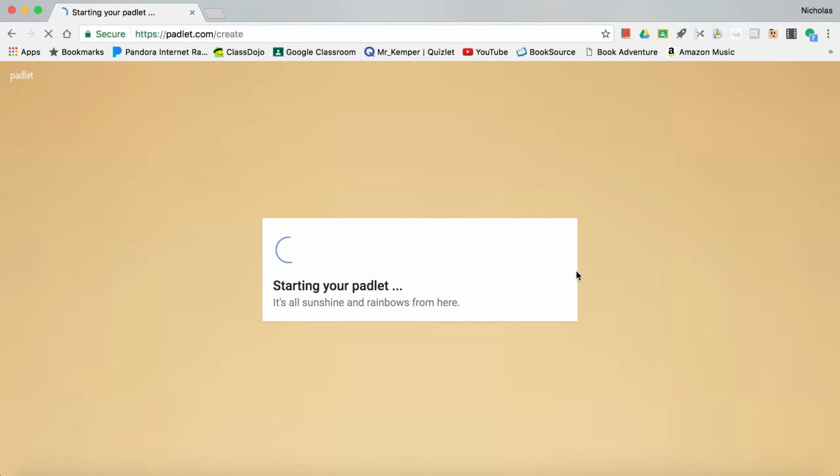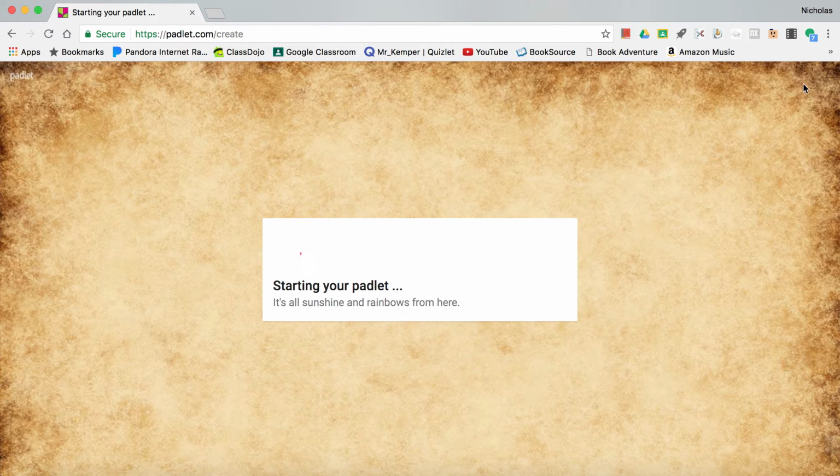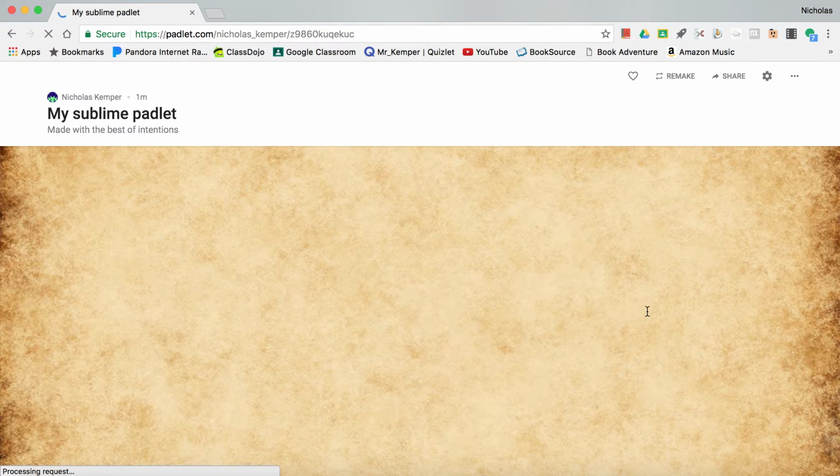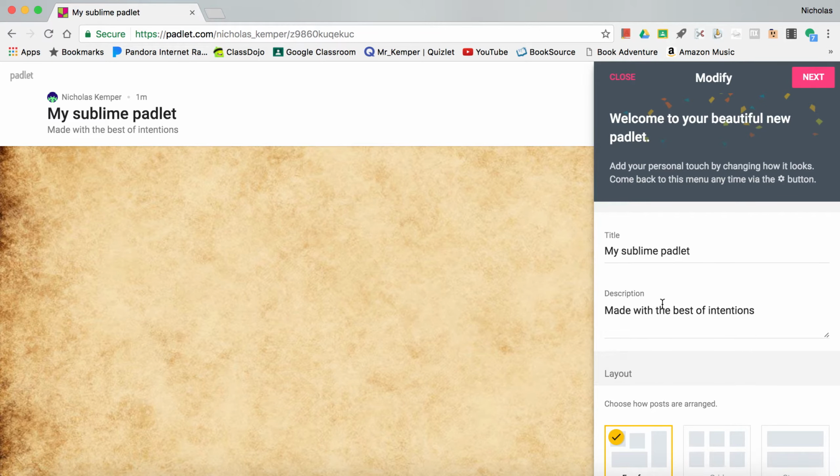It'll load up your Padlet. For some people, it'll most likely give you some ads. There will be a skip button on the very top right. You can just hit skip if it gives you any ads, or if it wants you to upgrade and pay, you can hit no thanks or skip. When you get past those ads, it'll bring you to your actual Padlet and it'll give you a modify